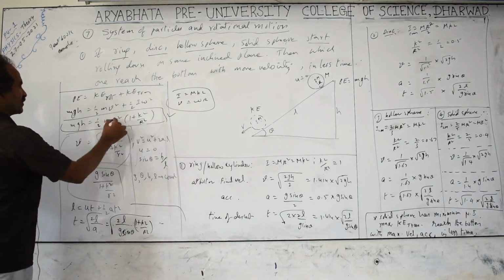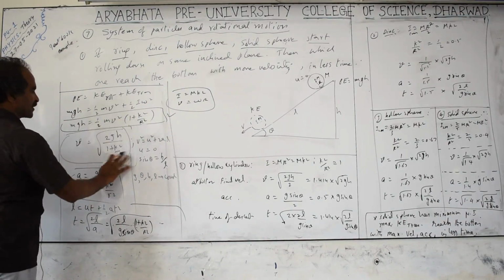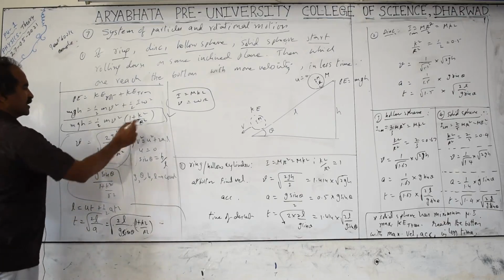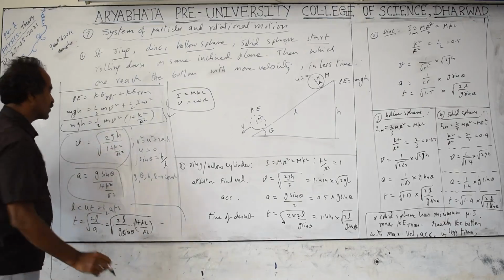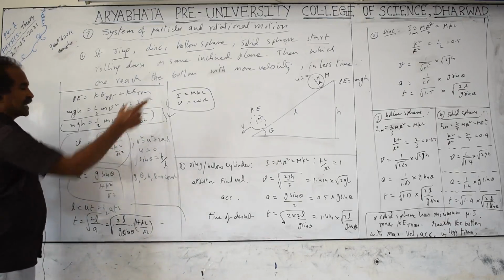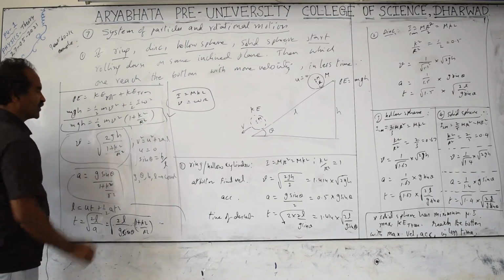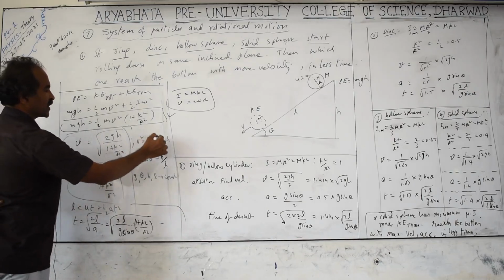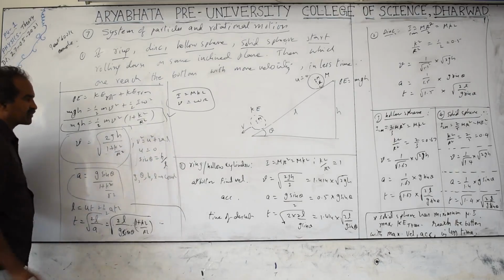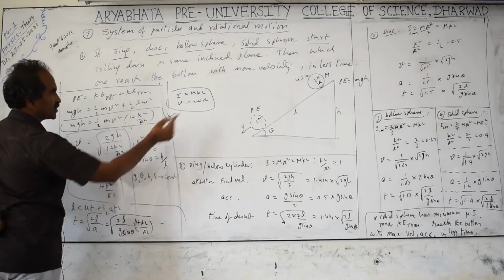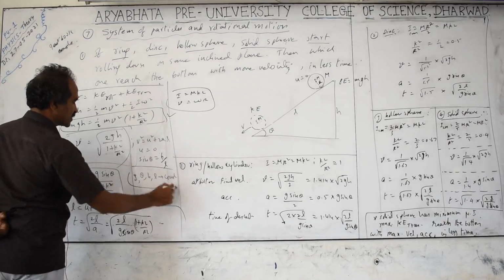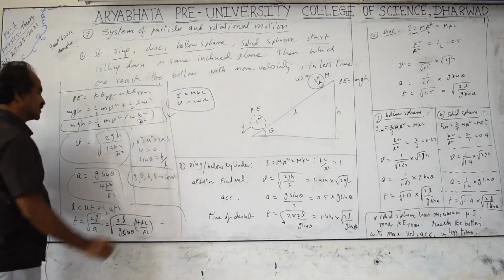So v, if we equate it from this, we will get m cancels, independent of the mass. It only depends on the k square by r square terms. This 1 plus k square by r square is a constant for the given rolling object. If there is no rolling, only sliding, it means k equals 0, so v equal to root of 2gh comes. The kinematic equation v square equal to u square plus 2as we have to use. Then u is 0, starting from rest. And sin theta is equal to h by L, and in these terms g, theta, h and L are constants.